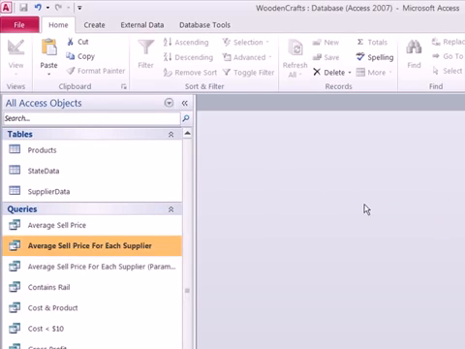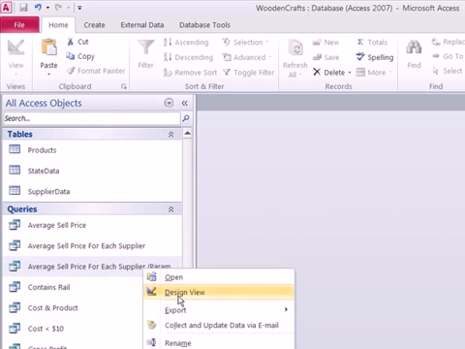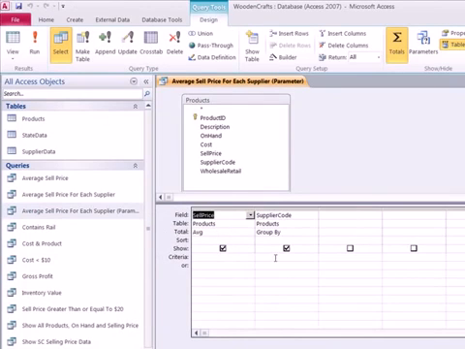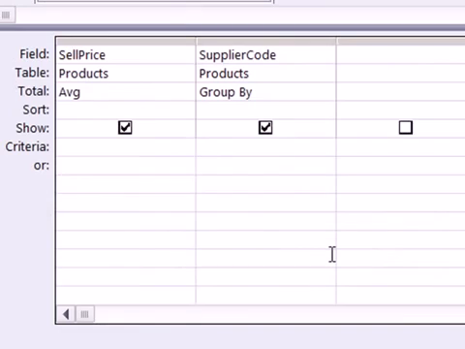And then click OK. There it is right there. Right-click design. And now I'm going to come down here to the criteria row. And the same thing we did before, square brackets, enter